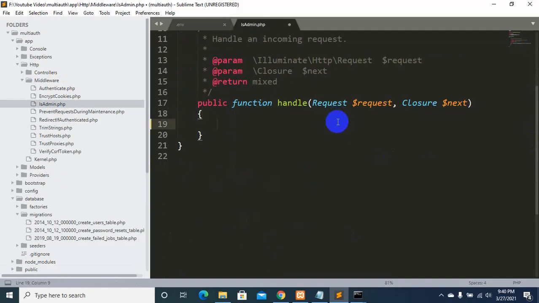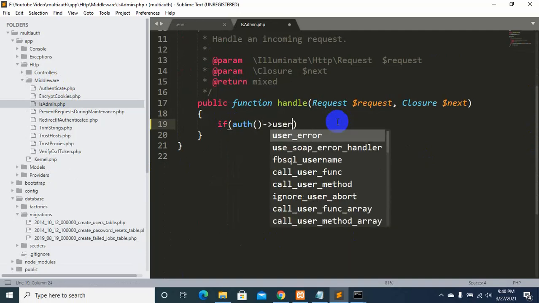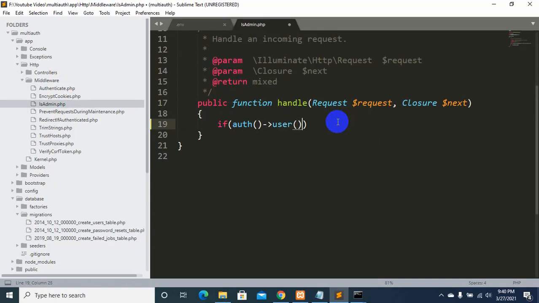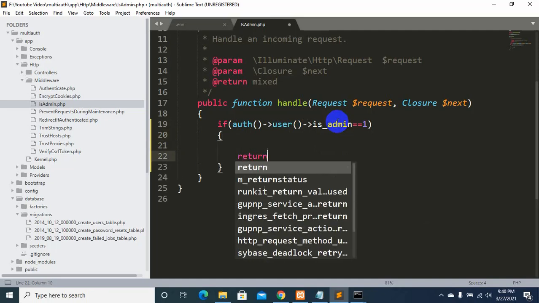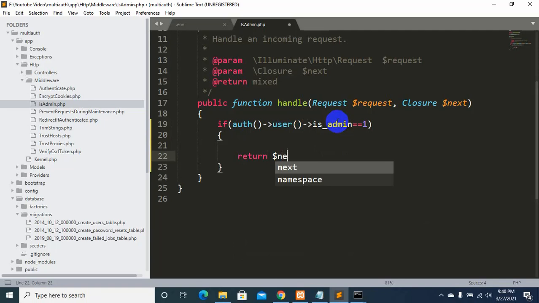So we are going to say over here, if auth user is_admin equal 1, then return $next($request). Okay,